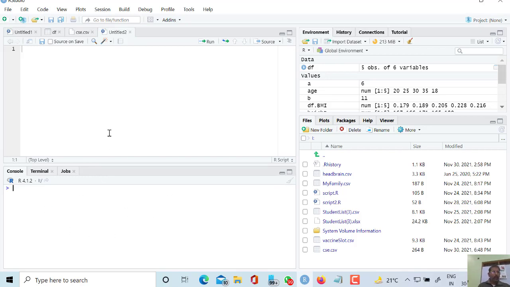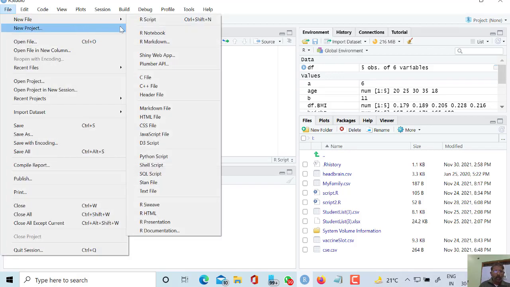First of all, we will understand what an R script is. An R script is a plain text file in which we can write our R code. Second point is that it allows us to share the work with others, and we can reproduce and modify our results also. It is like a program file, just as we write our programs in other compilers. To create it, go to File, New File, and R script can be created here.